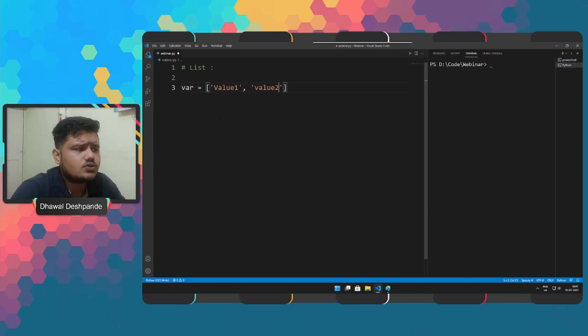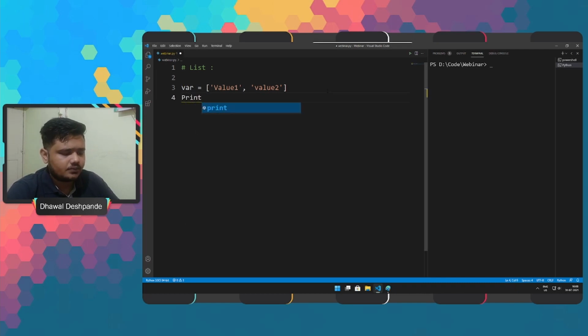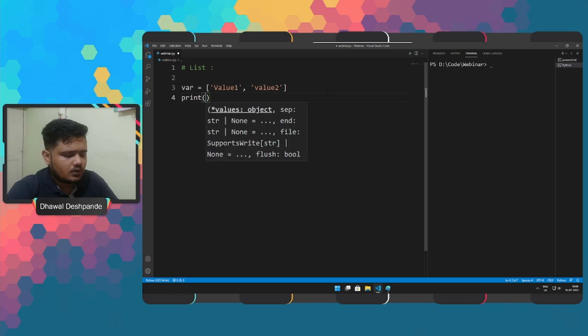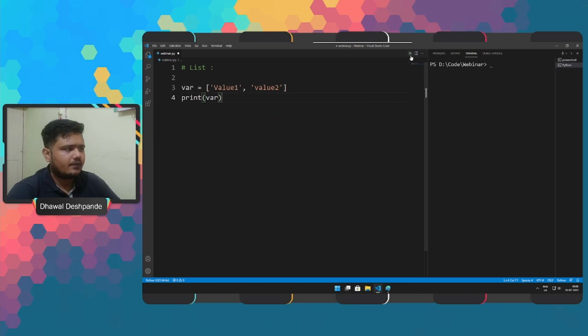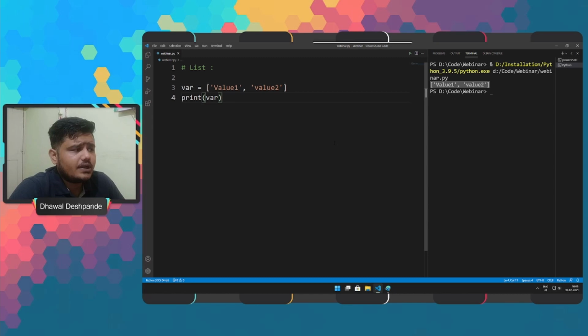Value 2 and so on. So here if we print this particular variable, let's see what we will get. As we run, we can see that this is how the list variable is being displayed, correct?